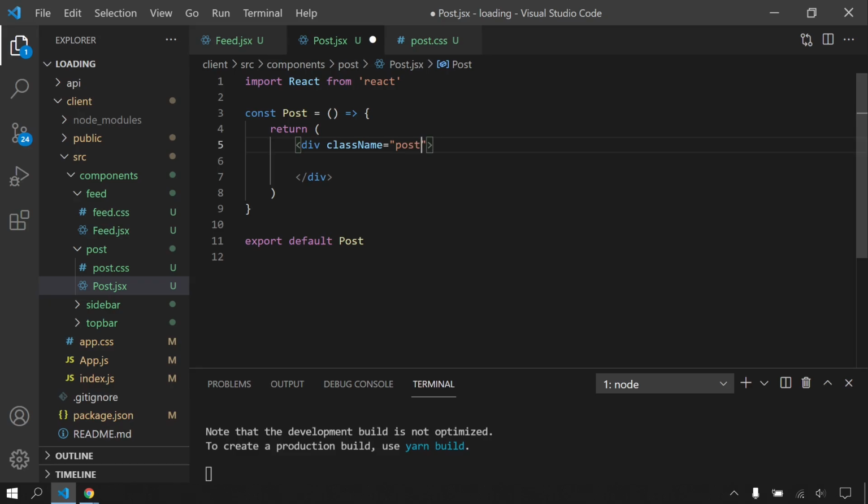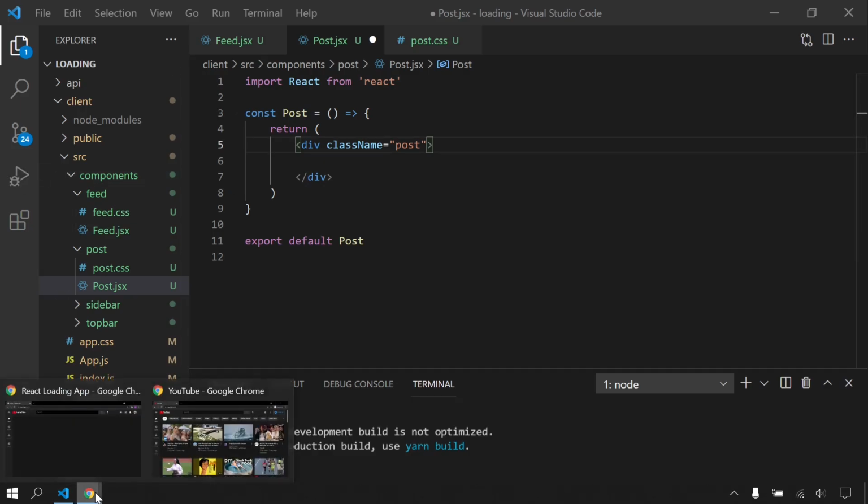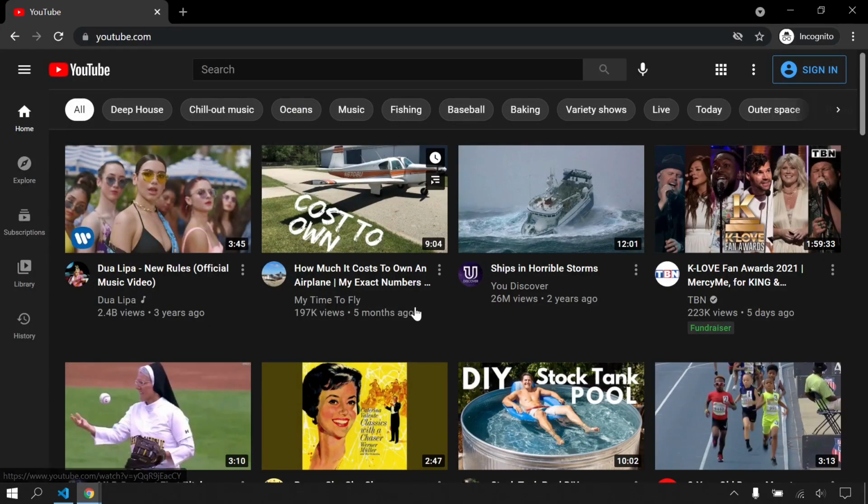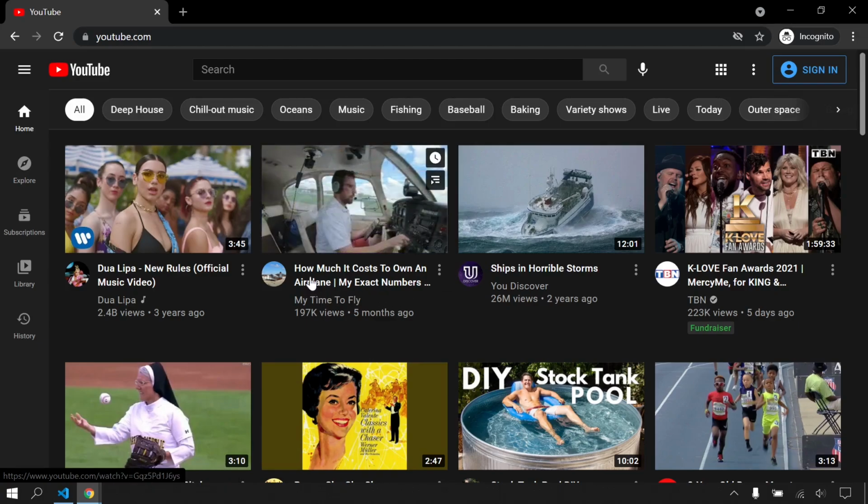It's gonna be post. So let's see what we have inside our post component. I will open here YouTube, and here, ooh, Lipa. Okay, we have image here, and under this we have information, channel image, title, and other informations here.